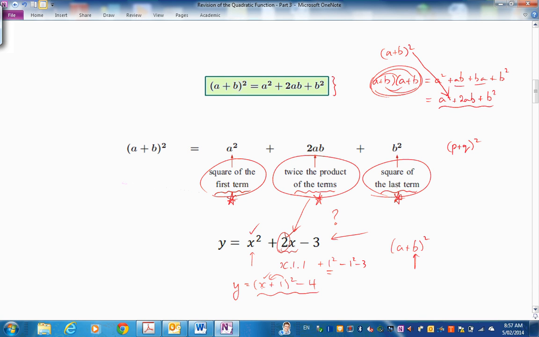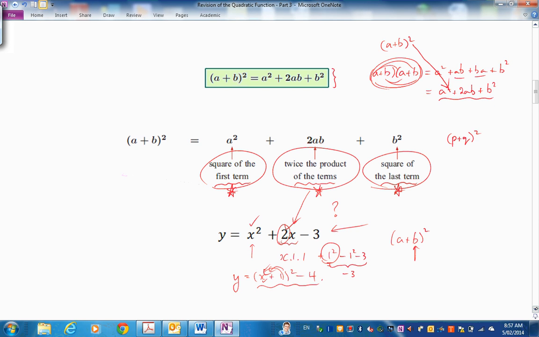If you expand this, you get x squared plus 2x plus 1, take 4 is neg 3. So you actually have to adjust the numbers on the end so that they still come to neg 3. But you've got your wish number here, the number you wish for to make a perfect square. Okay, this might be a bit quick if you haven't studied this in detail before, so let's pull it apart more